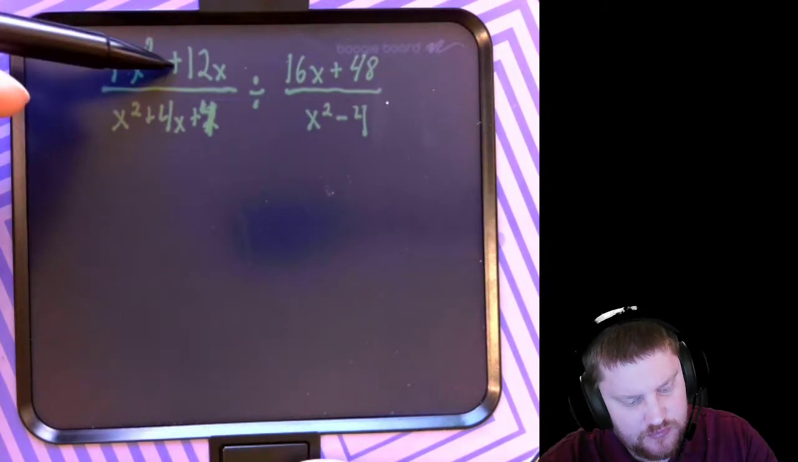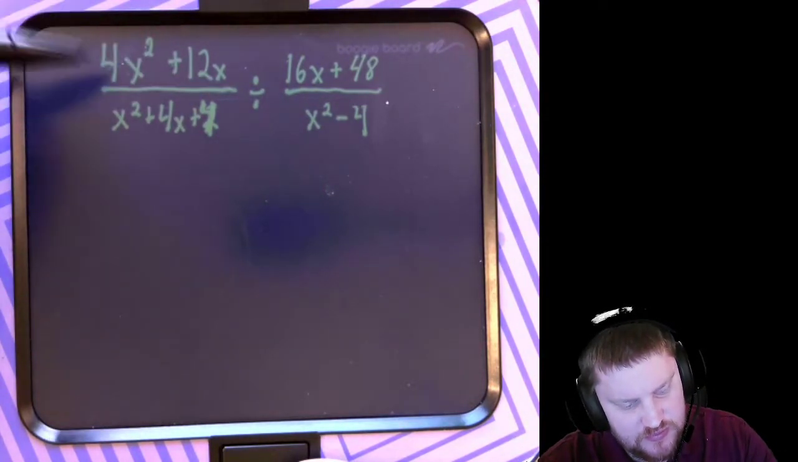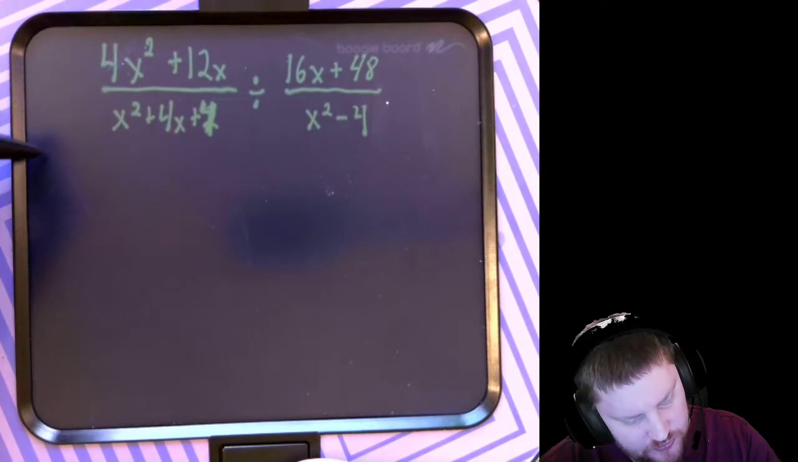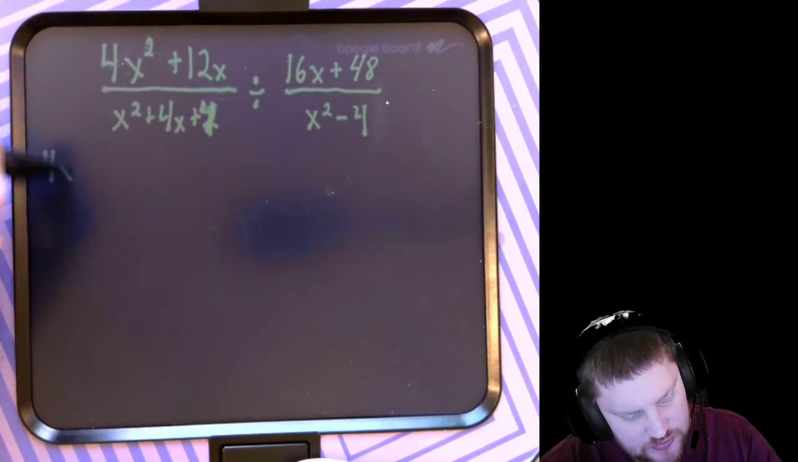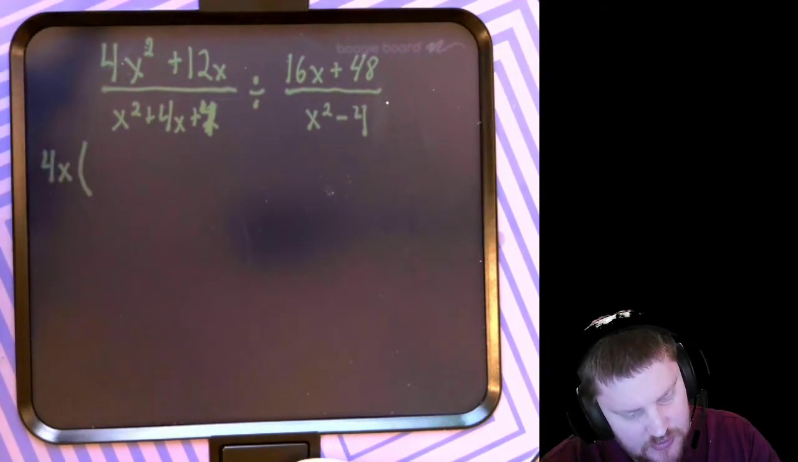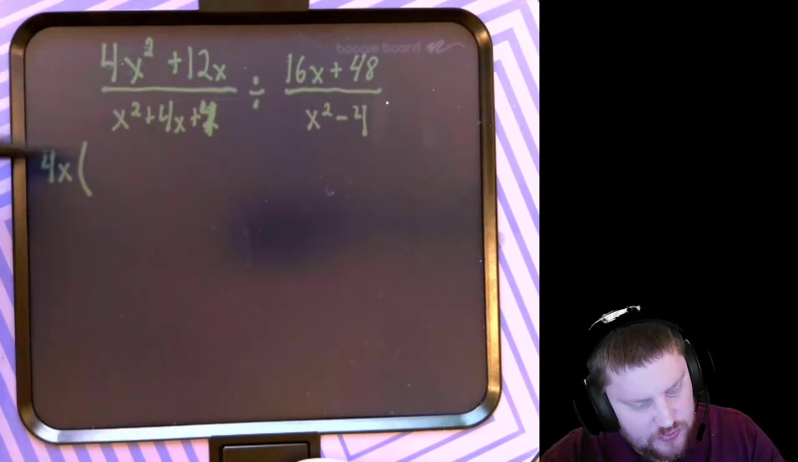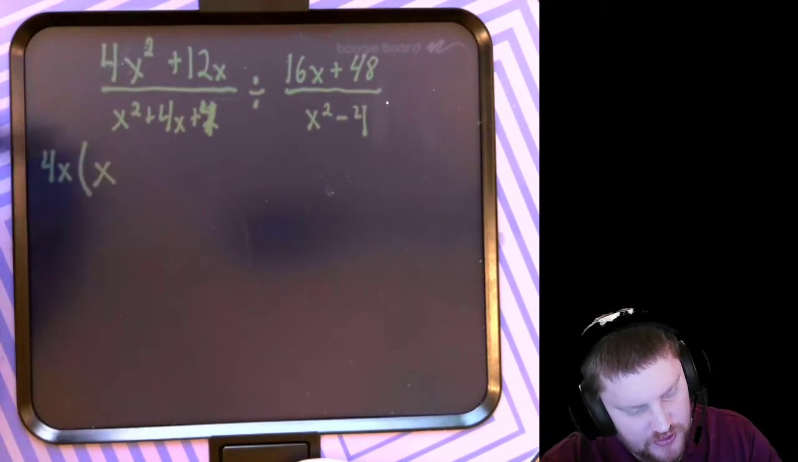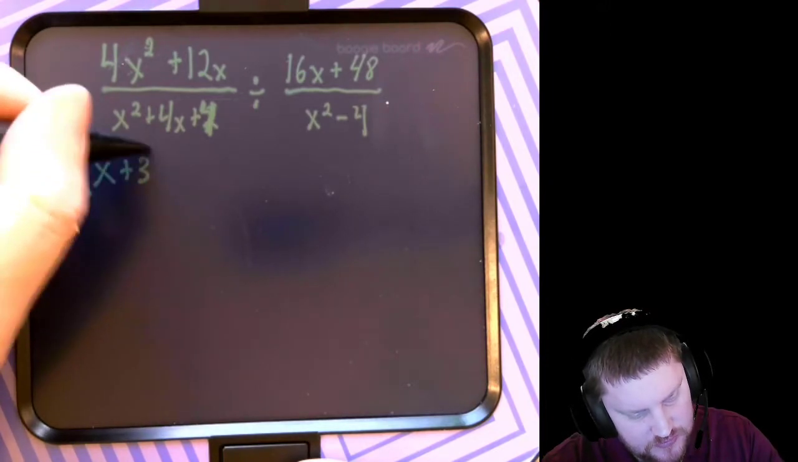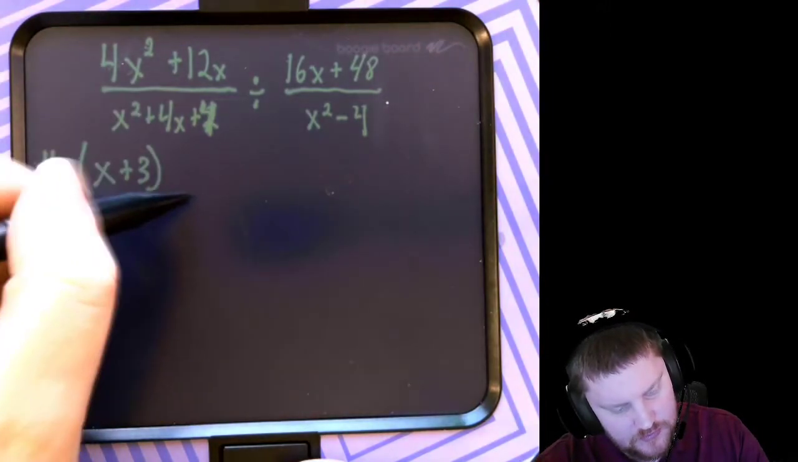4x squared plus 12x, 4 and 12 are both multiples of 4, so I factor a 4 out. X squared and x are both shared as well, so I'm actually going to factor out a 4x. 4x squared divided by 4x is x. 12x divided by 4x is 3. Then on bottom,